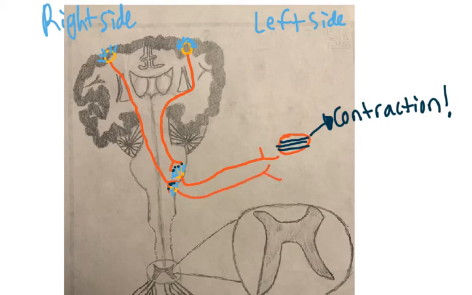So right here in this example, we just saw that we have the right side of the brain. When we're talking about lower motor neurons that originate in the brainstem, the right side of the brain had an upper motor neuron starting from the cerebral cortex stimulate a lower motor neuron on the left side this time, so it's the opposite side, which led to the stimulation of a skeletal muscle of the head, neck, or face region, through a cranial nerve on the left side of the body. So this time it was opposite control. The right side of the brain controlled the head, face, and neck muscles of the left side of the body,